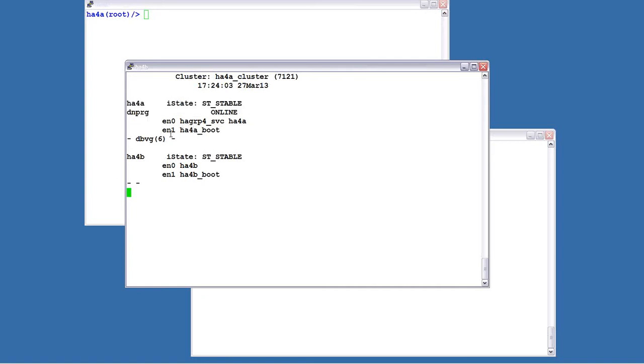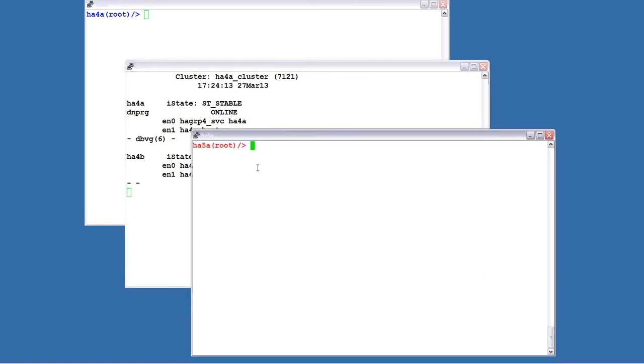It's got a service IP address. It's got a database volume group. Both are active in the cluster. 4B is just sitting there as a standby. And down at the bottom is 5A, and 5A is going to be the new node that I'm going to add into the cluster. So first thing I'm going to do on 5A is